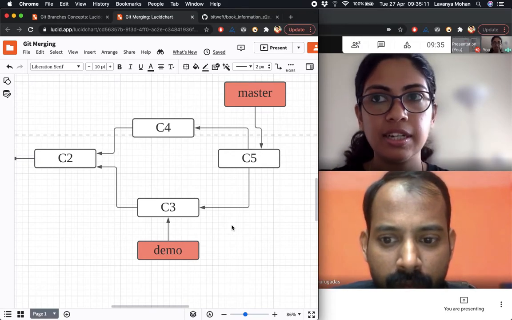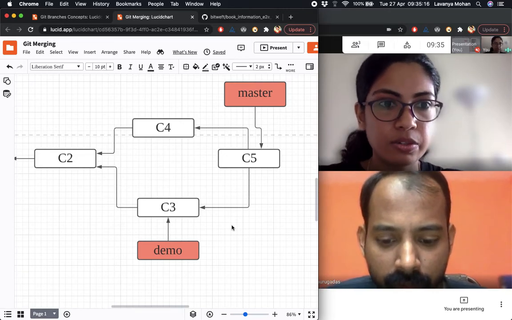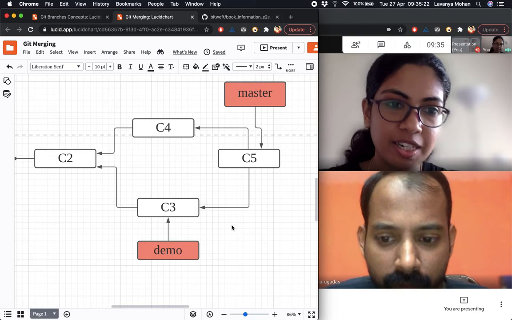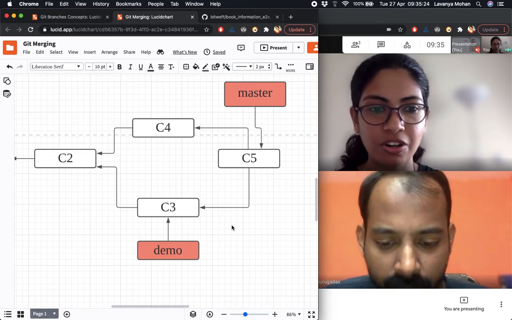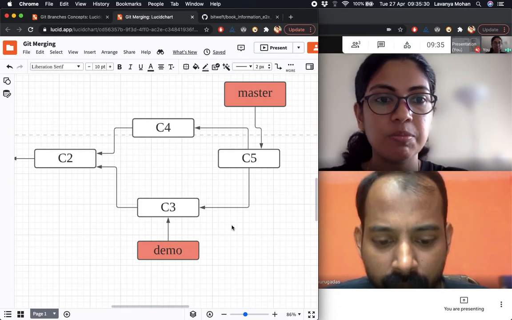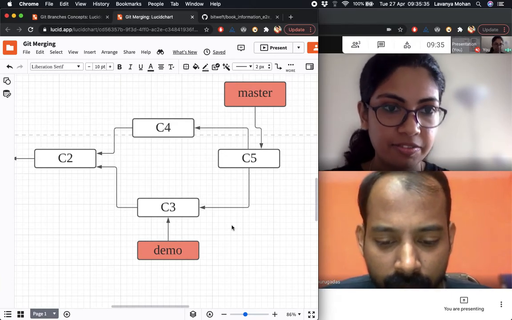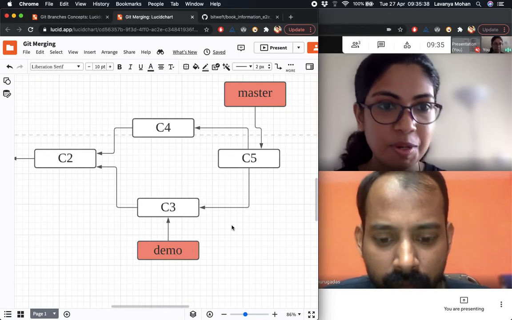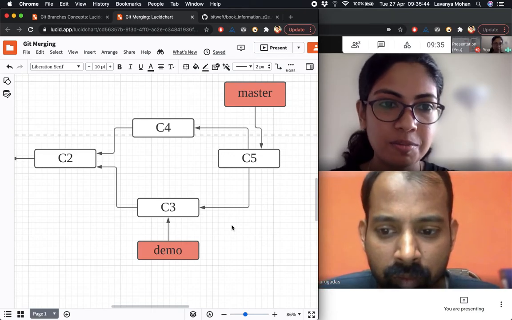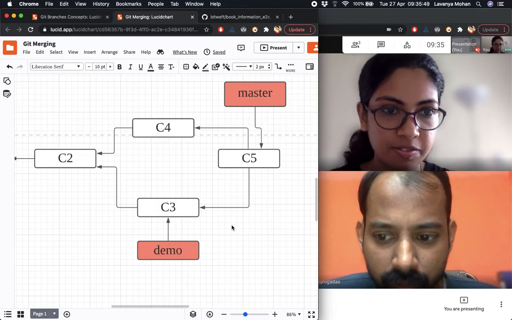If both of us touched the same line, maybe we're just updating some configs, or we rename the same method but name it differently, if we've touched similar areas, there is a chance that Git might not understand what to do, like which one to use. So it says, hey, we need human intervention here. I tried my best to merge it, but this part I don't know. That's what we call a merge conflict, where somebody needs to look at it and figure out which one you need and which one you don't.